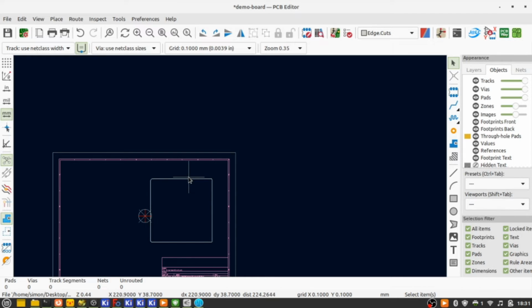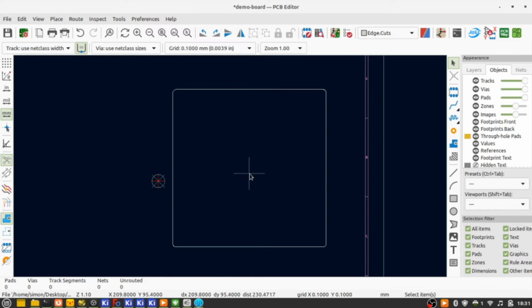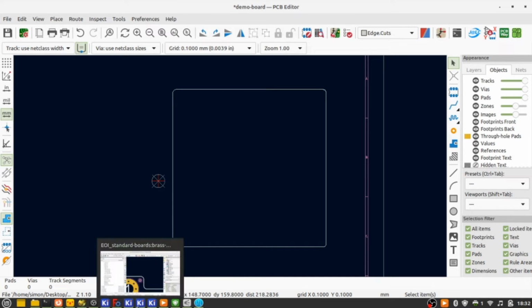I don't really like doing that because there's no good center on this board. I really like having a center point on the board and being able to update the board as if it's a part, so the same kind of versioning as everything else. Because whenever I'm getting boards made and assembled, the PCB is in so many ways just another component with all of the other components that get soldered down. It just has a bit more customization in it. So instead of importing the SVG directly, I'll make a